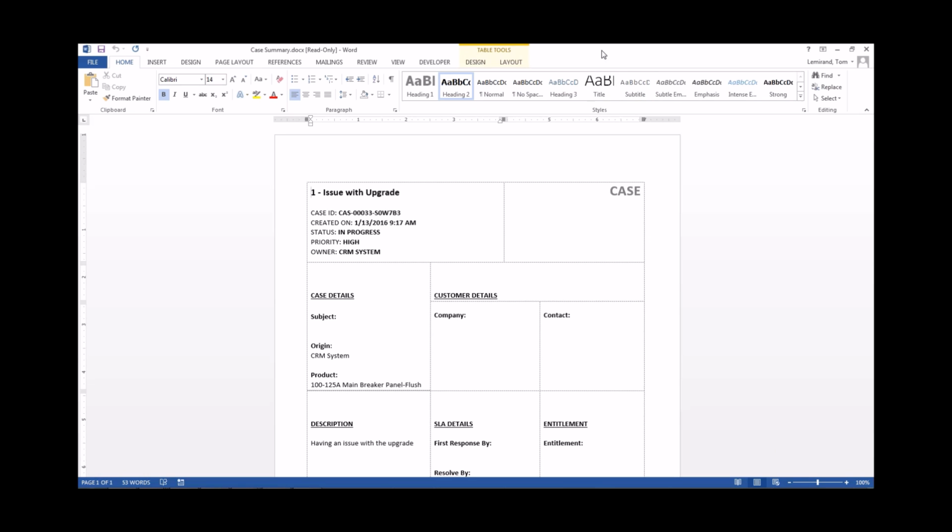So what we see this replacing a lot of are custom SSRS reports. Right now we recommend doing an SSRS report for things like quoting that are more than just lists of data. Now with this, we feel that 60 to 70% of those reports can be done through either a Word or